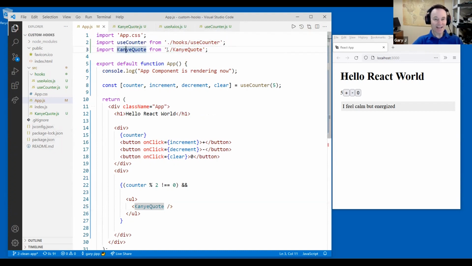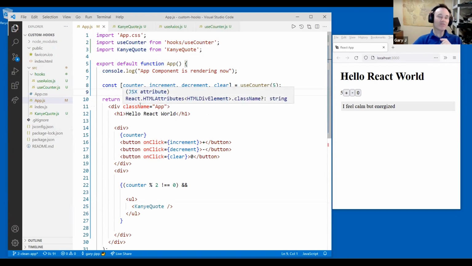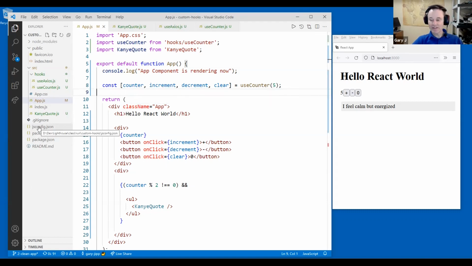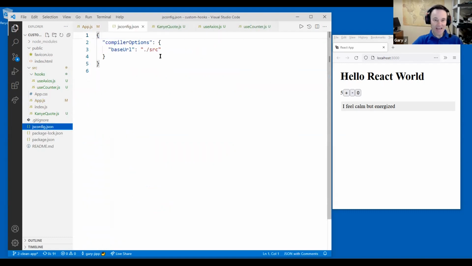Here's a fun fact. I don't need that /, by the way. It still worked. How about this /? It still worked. Why did that work? That will not work unless you have one slight change to your React app, which, by the way, is built into your scheduler app. If you have this file right there, jsconfig.json, and you have that line in it,